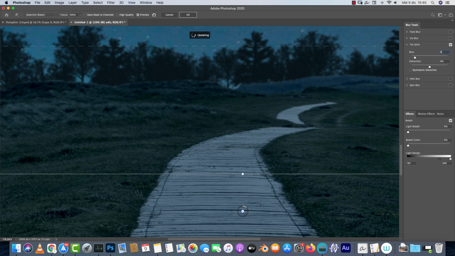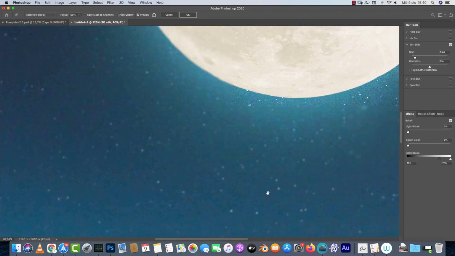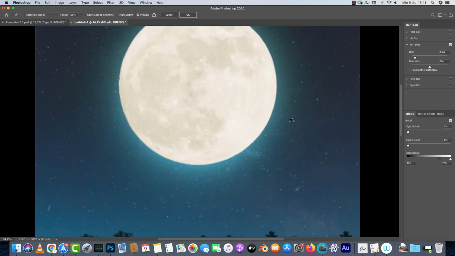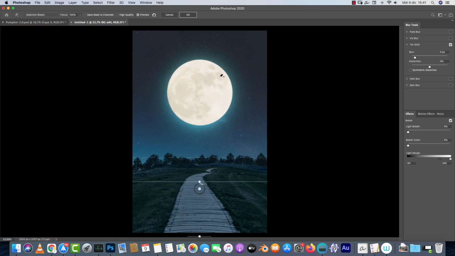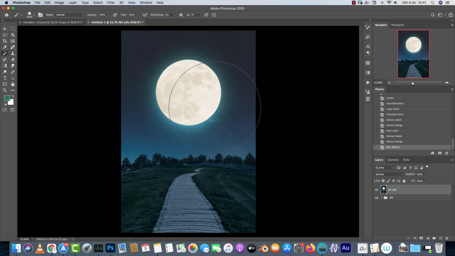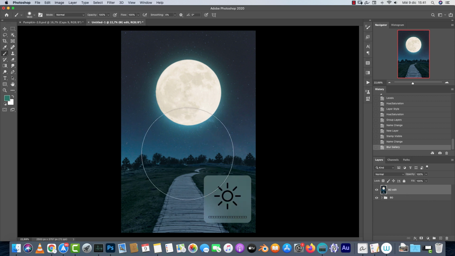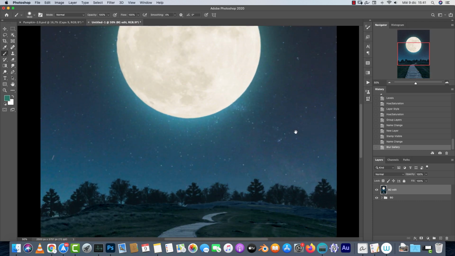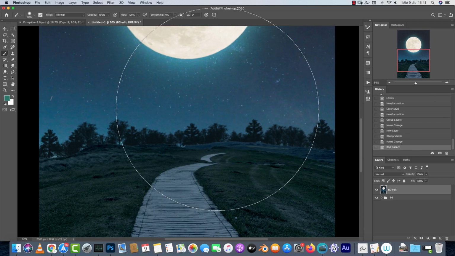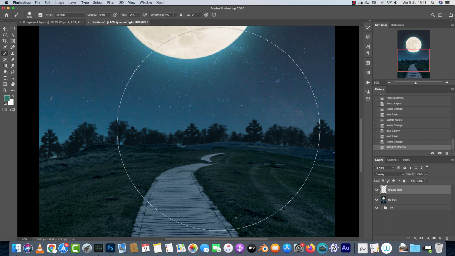Let's see how that works. Yeah, I think it looks okay. Just a bit of a blur. I still want to see some of the stars and the moon as well. So let's click OK. And now we can move on and add the light effects. Let me just increase the brightness of my screen. And for the light effect on the ground, what you can do is create a new layer on top and name it ground light. For this ground light, I will use the overlay blend mode,